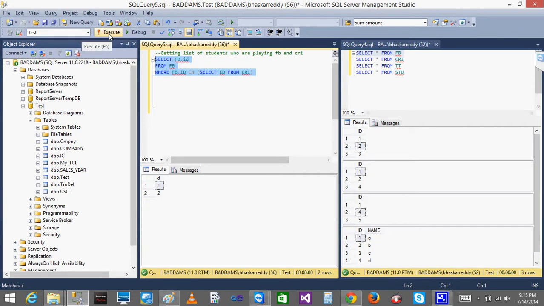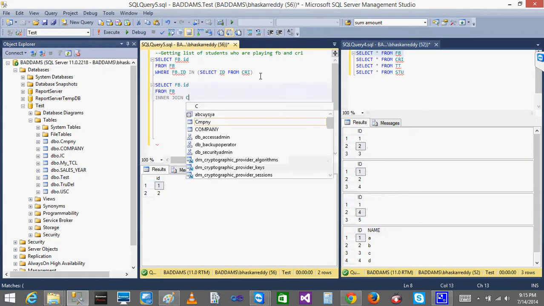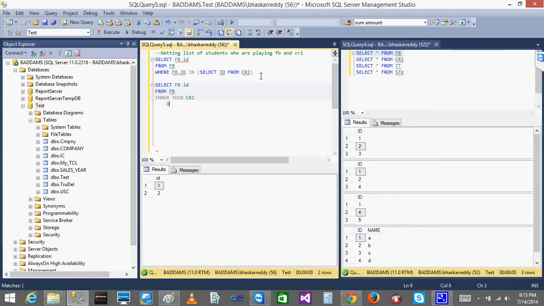So I just run this. When I run this, I got 1 and 2. The same thing if I use an inner join, then also I get the same thing. Inner join means those who are playing both cricket and football. Inner join, I will write CRI, on FB dot ID equal to CRI dot ID. The same thing. So, I will run both the queries. You can see 1 2, 1 2, the same output, but